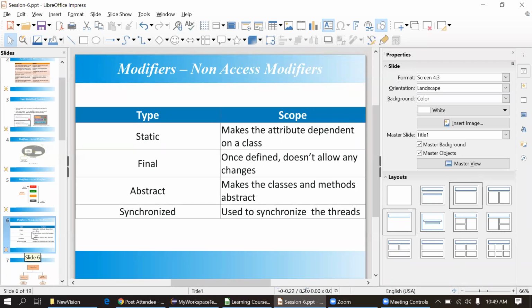Synchronized is used basically for the multi-threading concept. For example, if two different persons are writing on an Excel sheet, suppose you started writing on that Excel sheet, someone else might write on it in parallel, and it might result in corruption or loss of data. To avoid that, we use the synchronized keyword in multi-threading. So just remember synchronized, it is to avoid data loss.